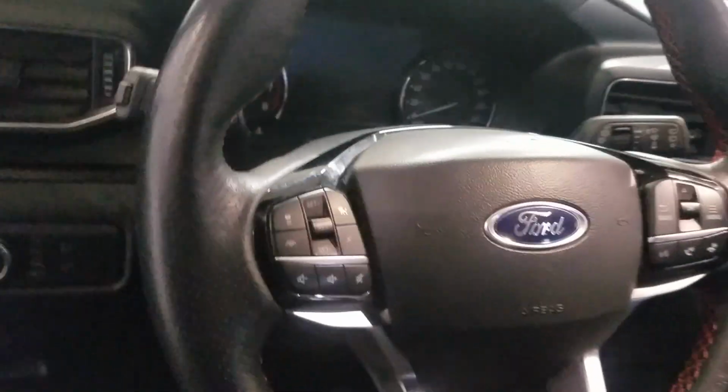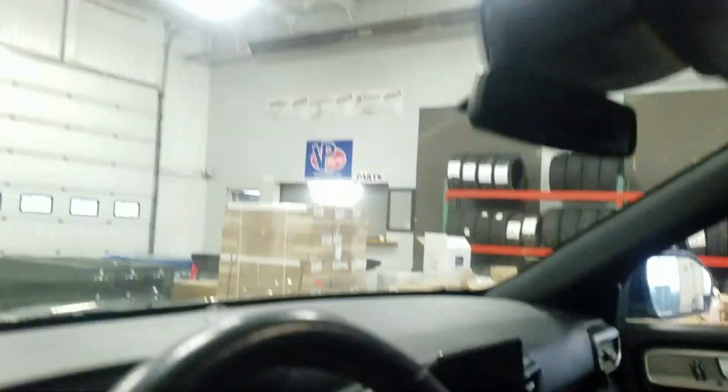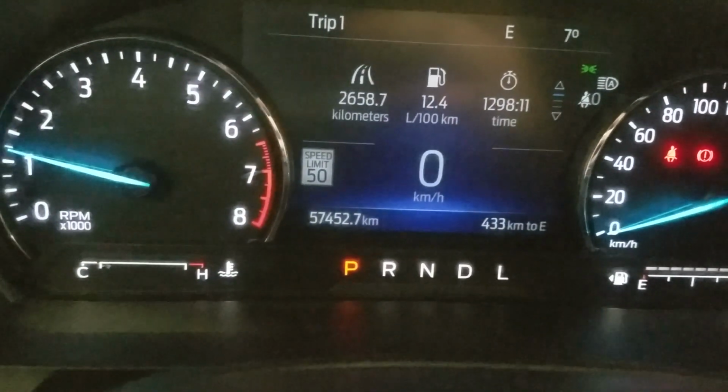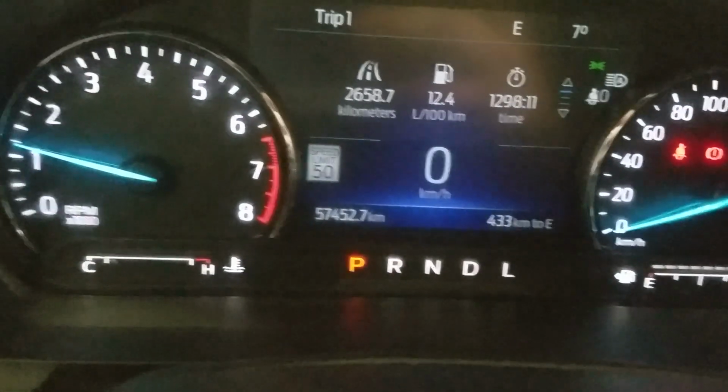as well as our lumbar support. Over our steering column, we have automatic headlamp settings, as well as a tilt steering wheel, our cruise control option on the left, and our wiper/headlamp option on the right, above which is a rearview mirror and the cabin lighting. Looking forward, you can see this 2022 Explorer has 57,452 kilometers on it, as well as over our